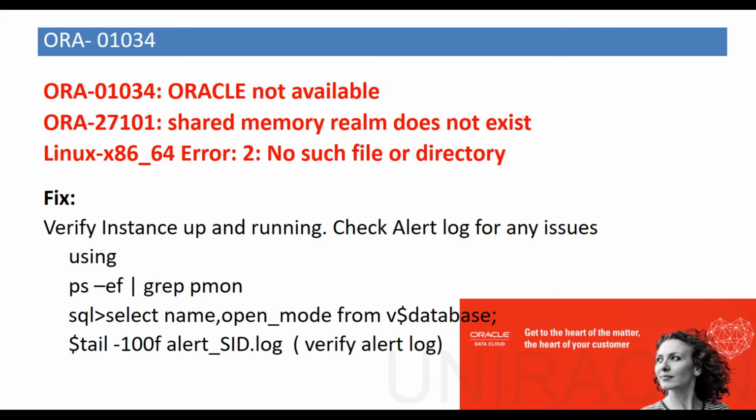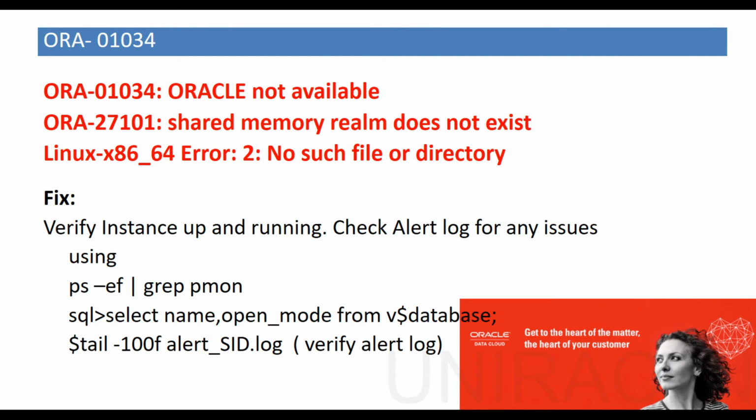At the OS level, you can use the Unix command to verify whether the instance is up and running: check pmon or smon using ps -ef | grep pmon or smon. There might be a number of instances, more than one instance running, but that particular instance may be down on that particular server. Ensure that you are on the right server as per the monitoring tool from which you received the alert. Whether using PuTTY or whatever tools you use to log in, ensure that you are logging in to the right server and verify.